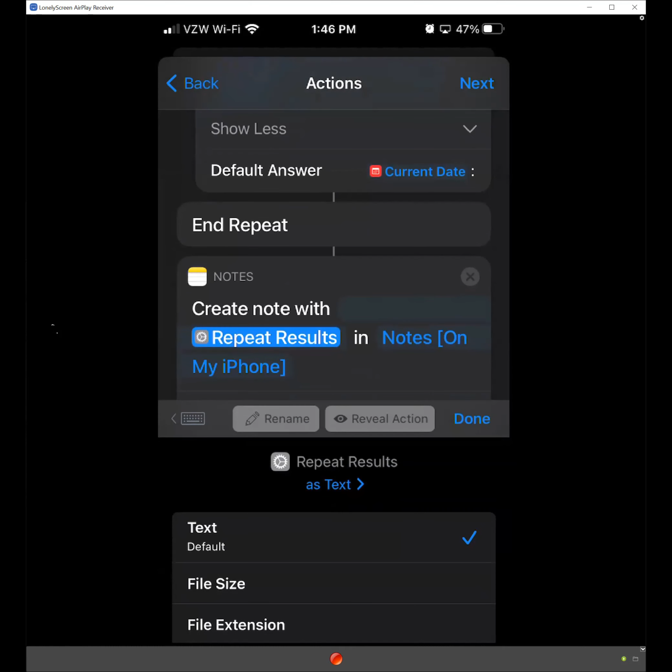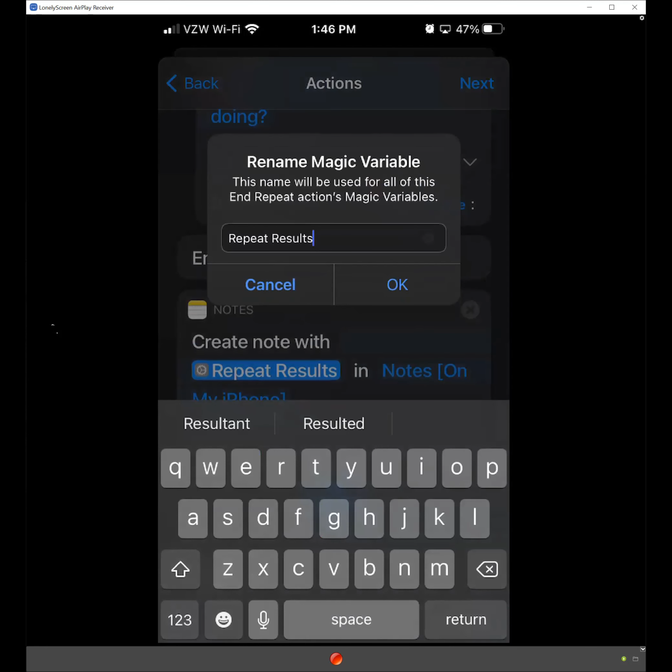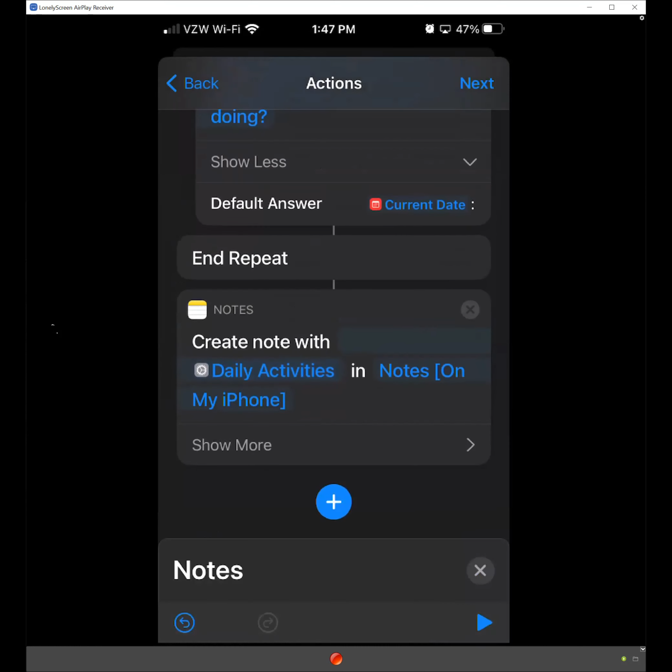When I click on repeat results, that's going to be the default. I can rename this. So I'm just going to call this daily activities. It doesn't really matter. It doesn't make a difference, but it's just so you know what it is. As you get more advanced into the automations, then you might have more repeats within the same automation. So it's helpful to distinguish what's being repeated. And then we're going to leave it just like that. Because the date and time stamp was already appended to the comment that we're adding at each time it runs,